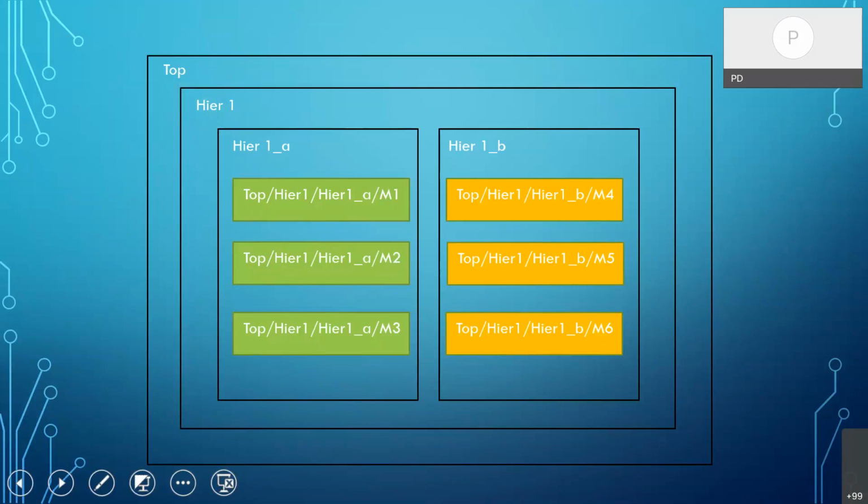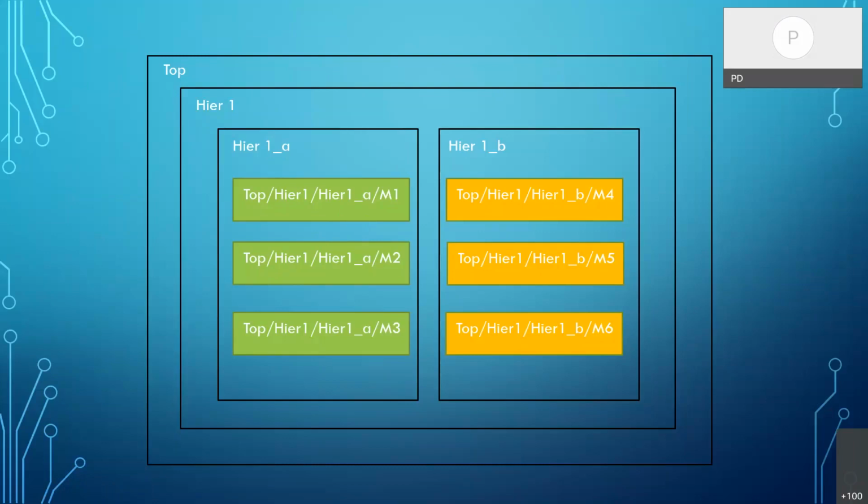To relate it, say this is a mobile phone model, then this hierarchy could be related to the camera, and that hierarchy could be related to an Ethernet port or something like that. They write the logic in a hierarchy, and only the elements belonging to the same hierarchy talk among themselves.